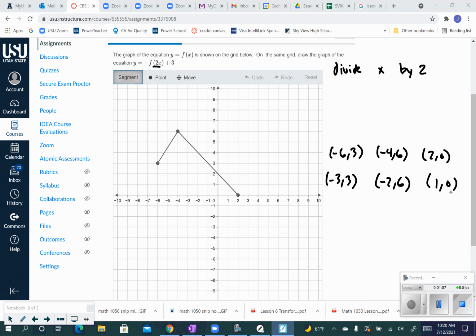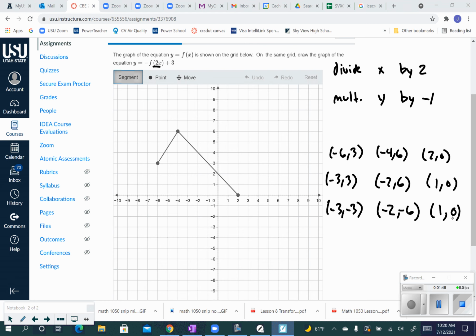Okay, on the outside, we start with what am I multiplying by? There's a negative out in front. That's going to reflect it vertically, right? Outside is vertical. It's going to reflect it vertically across the x-axis. So you can do that one of 2 ways. You can divide all of your y coordinates, or multiply. Doesn't matter. Multiply y coordinates by negative 1. And what that will do is that will reflect it across the x-axis. That will reflect it vertically. So now I'd have negative 3, negative 3, negative 2, negative 6, and 1, and 0 times negative 1